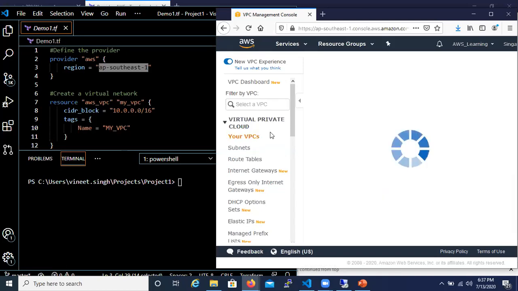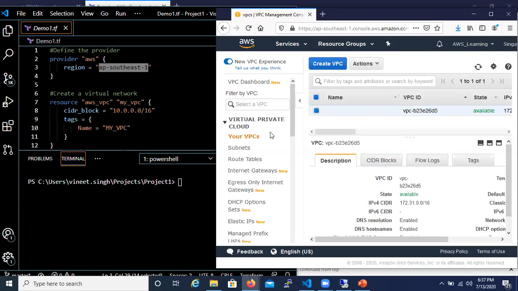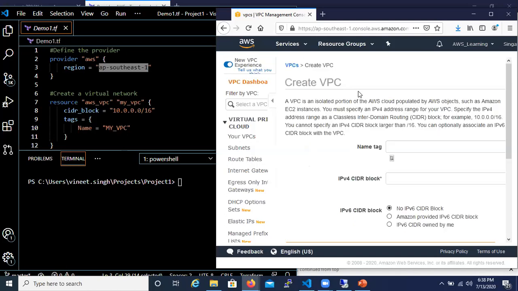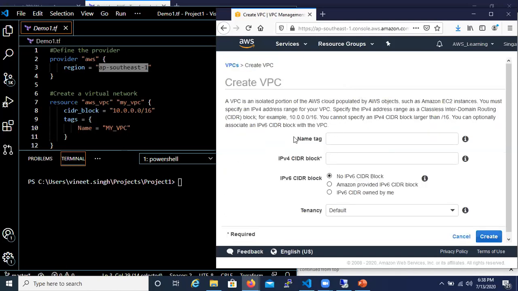By default, Amazon gives you a default VPC. If you do not want to deploy in that, you can create your custom network as well, which is what we are going to do. If you click on create VPC, these are the different options: name tag, define a CIDR value, define the tenancy, and then just click on create.